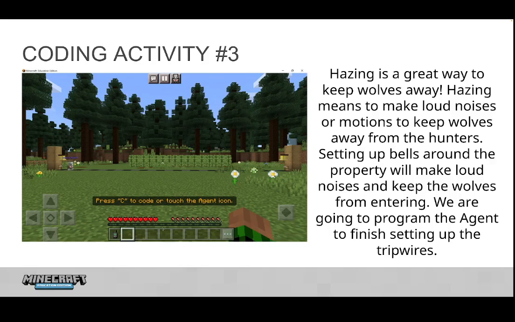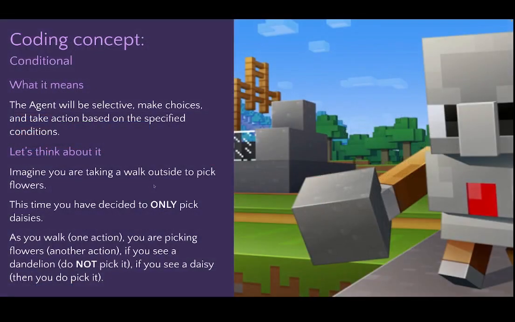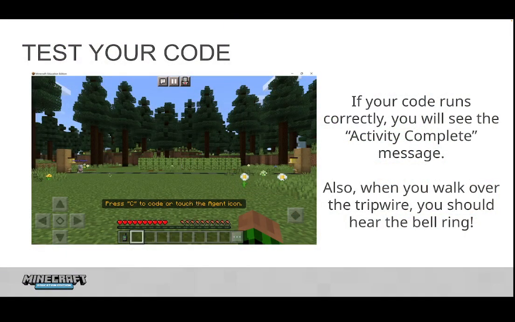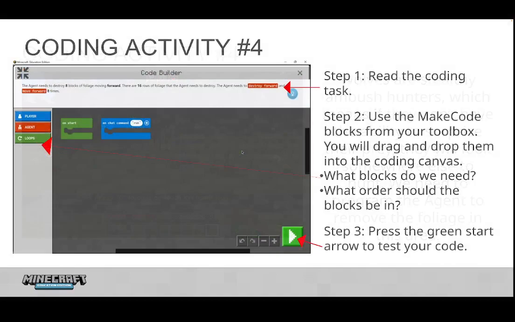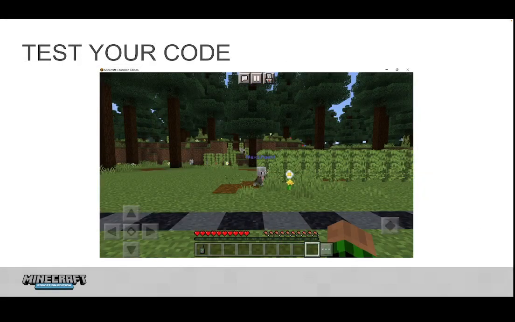Now we've got activity 3 out the way, and we've got the bell working, and it is conditional while there's nothing in front of it, and it places something down. I gave you 3 options, I think, in the last video, a couple of options at least, for you to go and try and see which one works. Because sometimes there's an error with it trying to find tripwire rather than string that it puts into its inventory for some reason. So we're going to go on to clearing this foliage here, and so it needs to create